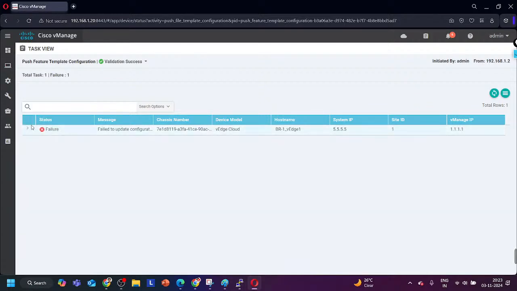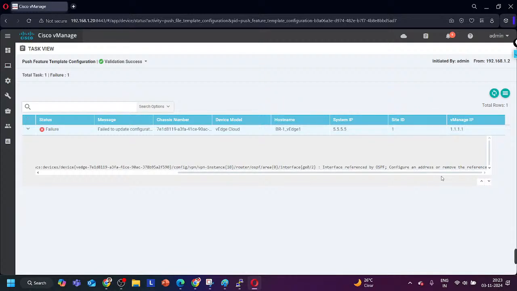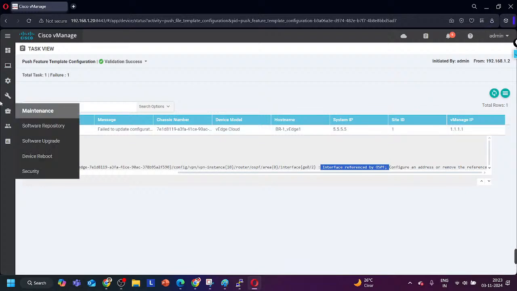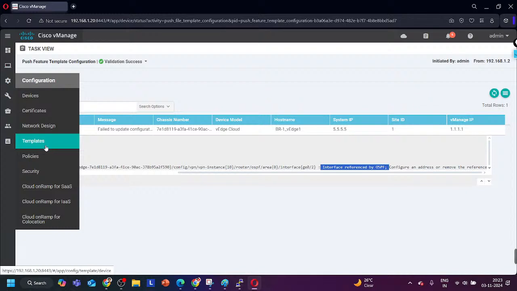Still issue. Interface referenced by OSPF configuration and address. Okay, IP address, we have not configured IP on 0/2 interface. It has not asked for the IP address on 0/2 interface. So the reason is